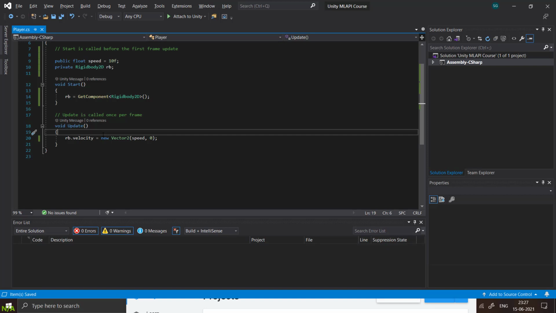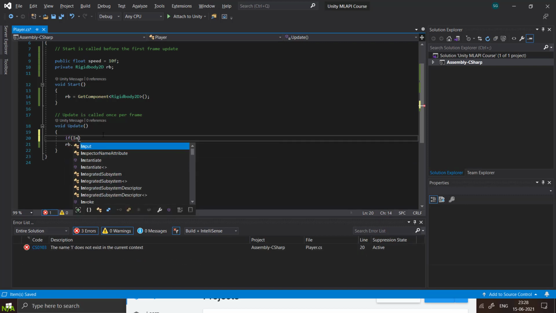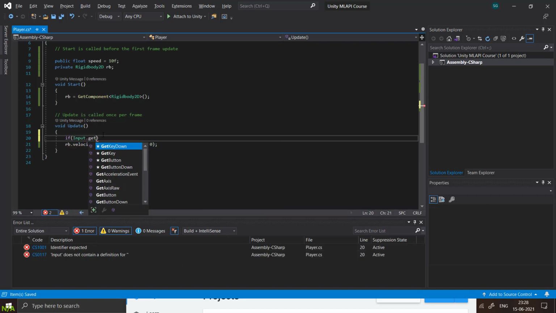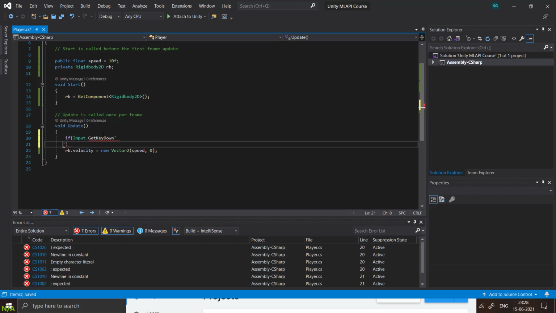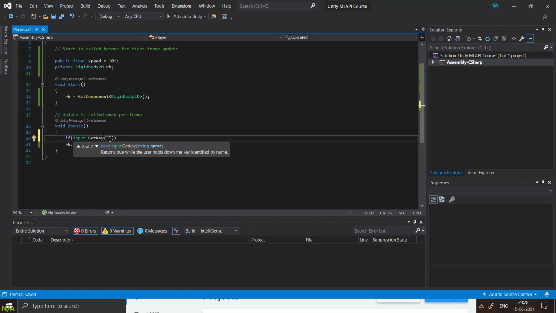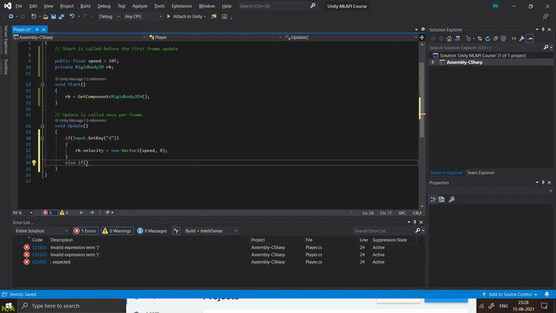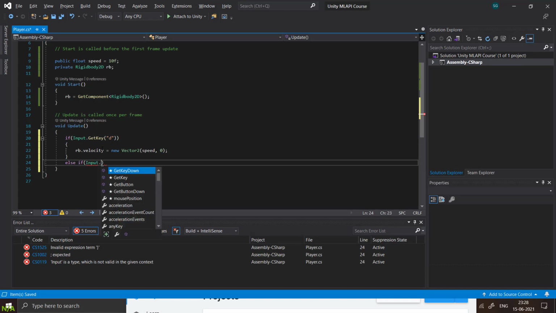So let's do that. If Input.GetKey D, then we do this. This is just a simple script. You can customize your own script. This is the most basic script I could think of, which will be easy to explain because it is self-explanatory.